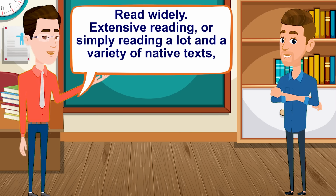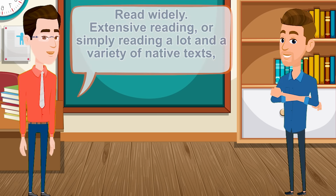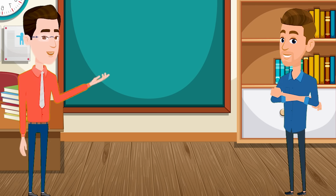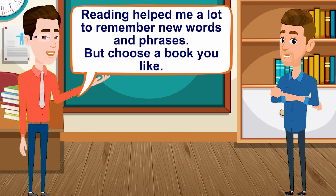Read widely. Extensive reading, or simply reading a lot and a variety of native texts, is one of the best ways to both learn new words and remember them. Remember that. Reading helped me a lot to remember new words and phrases. But choose a book you like